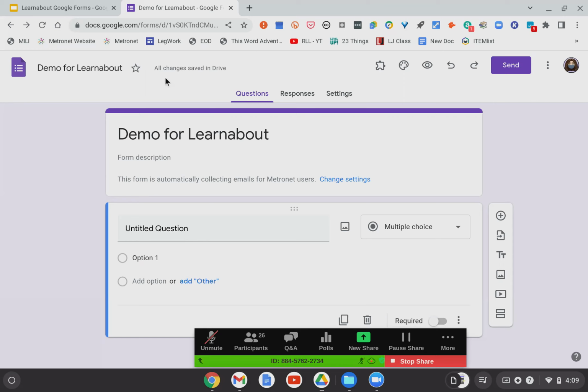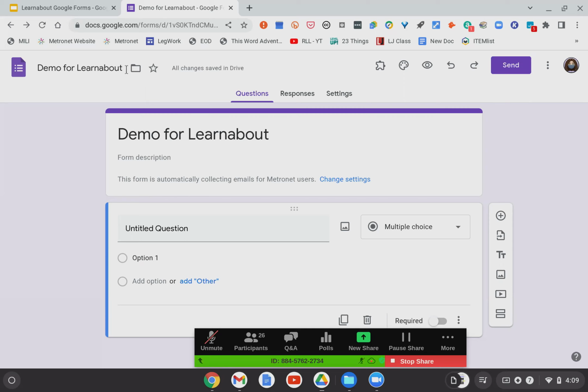It is automatically saving. If you have not seen any of these others and you are new to the Google Suite, Google automatically saves for you. You do not have to click save. They do it constantly. They're constantly updating the savings so that you won't lose information if your machine should crash, but you don't ever have to click that button. So that is a nice feature that the Google Suite offers.